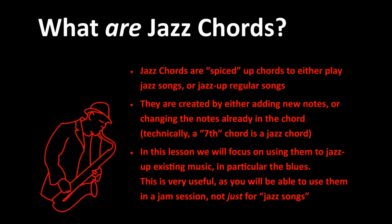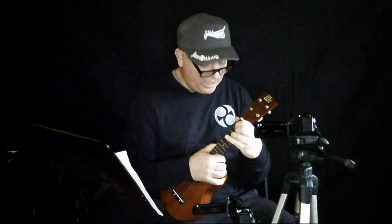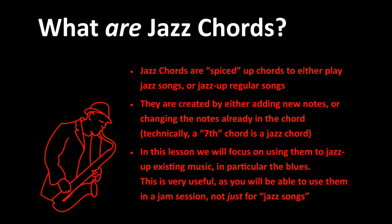You can be playing a folk song that goes G, C, D and be adding in jazz chords to jazz it up. Secondly, jazz chords are created by either adding new notes or changing the notes already in the chord. So technically, for example, a seventh chord is a jazz chord. So really all you're doing is taking regular chord forms and either changing something, adding something, or tweaking that position in some way to get your jazz chord. In this lesson, we will focus on using them to jazz up existing music, particularly the blues. This is very useful as you will be able to use them in a jam session,